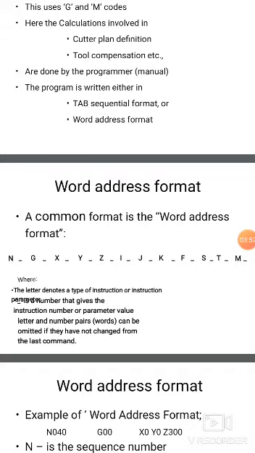I we write for the initial code. J and K also we write for directions. F for feed rate, S for speed. T for tool. M we use for miscellaneous functions.